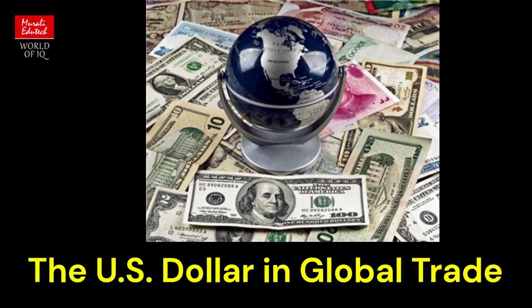The US dollar plays a central role in most international transactions. A significant number of commodities, such as oil, gold, and agricultural goods, are valued in dollars. This arrangement is referred to as the petrodollar system, where nations engaged in oil trading receive US dollars in exchange for their products. This practice bolsters the dollar's demand, extending its influence even in areas distant from the United States. Additionally, companies and governments globally tend to favor borrowing in US dollars due to the lower interest rates and the stability linked to the currency. The dollar's extensive adoption in trade agreements and international financial markets reinforces its position as a key global financial instrument.